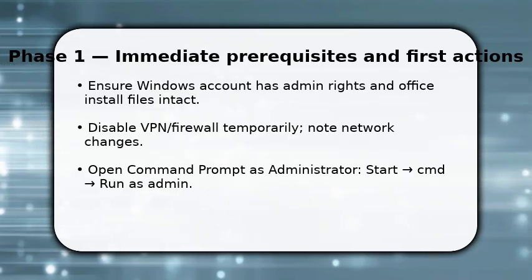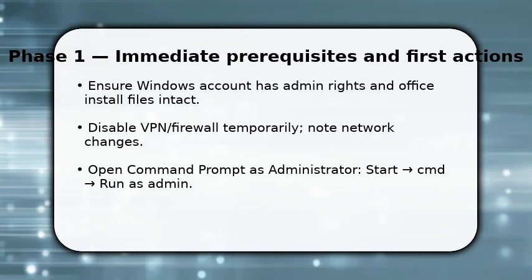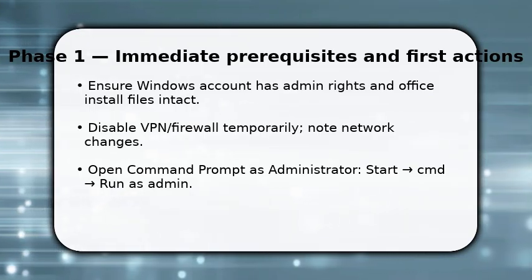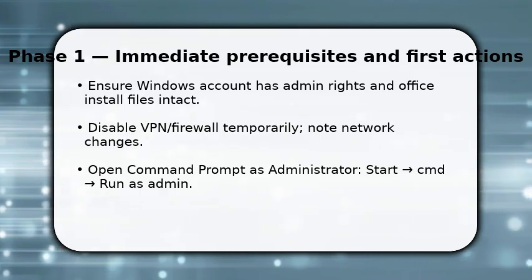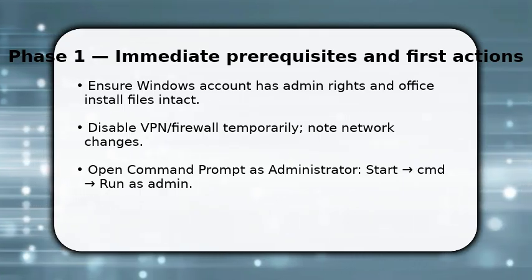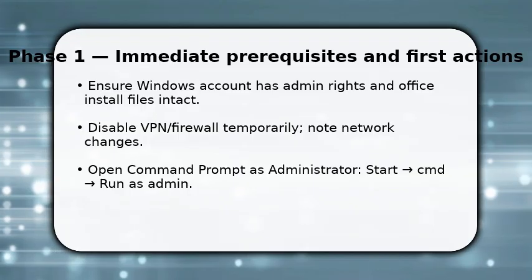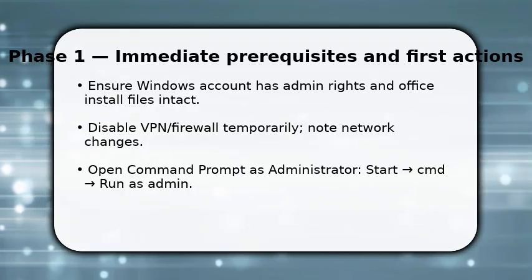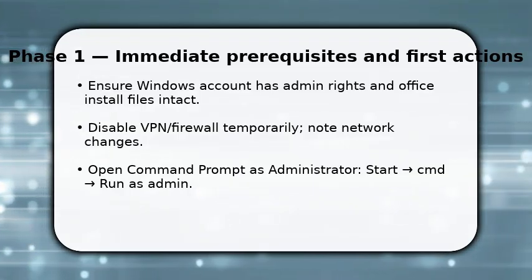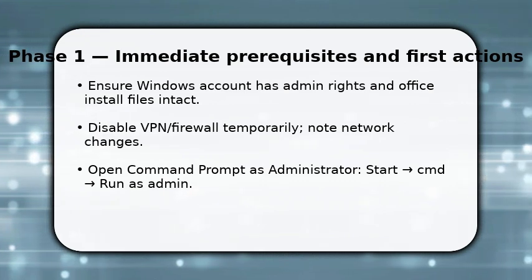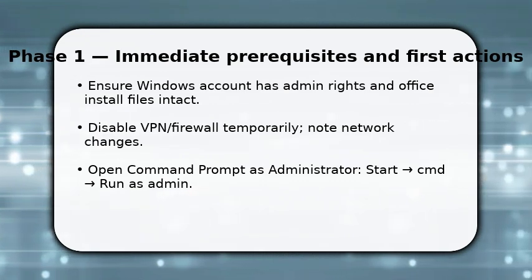Now open Command Prompt as administrator. This gives you the permissions needed for product key and licensing commands. Make sure you run the CMD from start, right-click, choose Run as administrator. You do this first because subsequent license tools will fail without elevated rights and an unobstructed network path to Microsoft